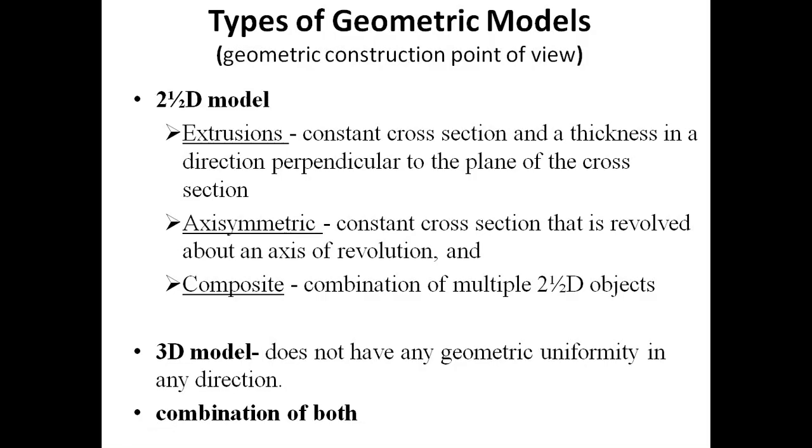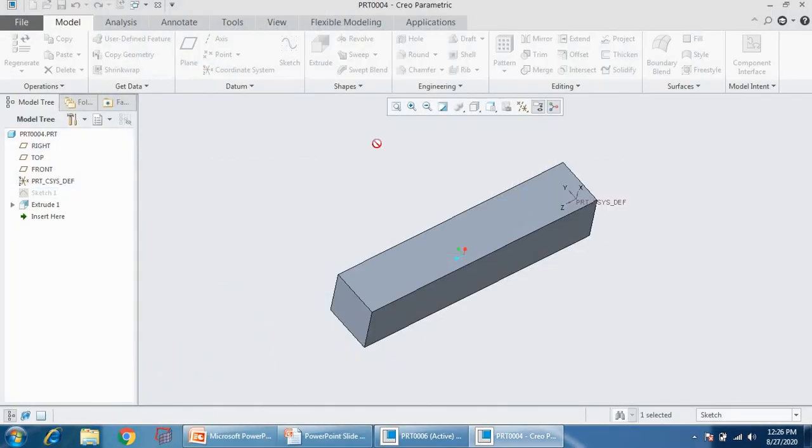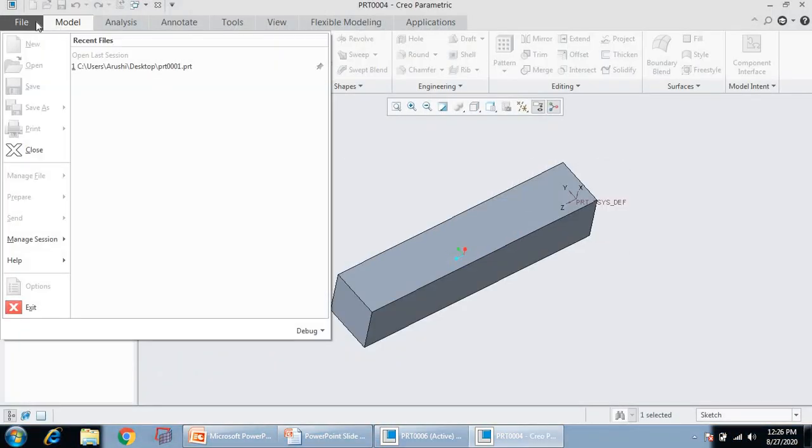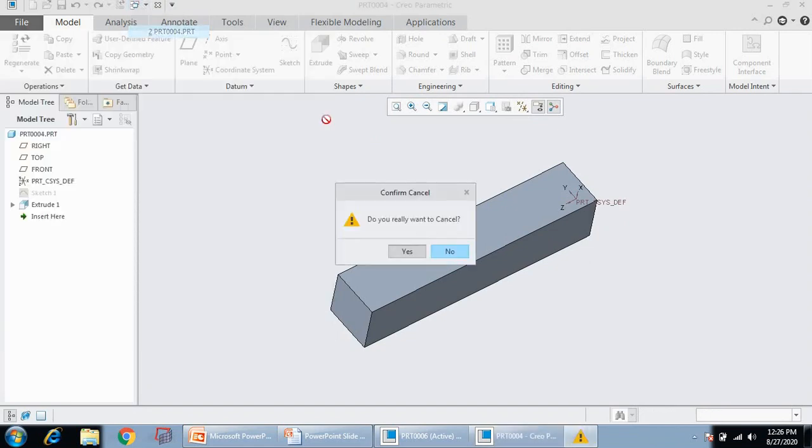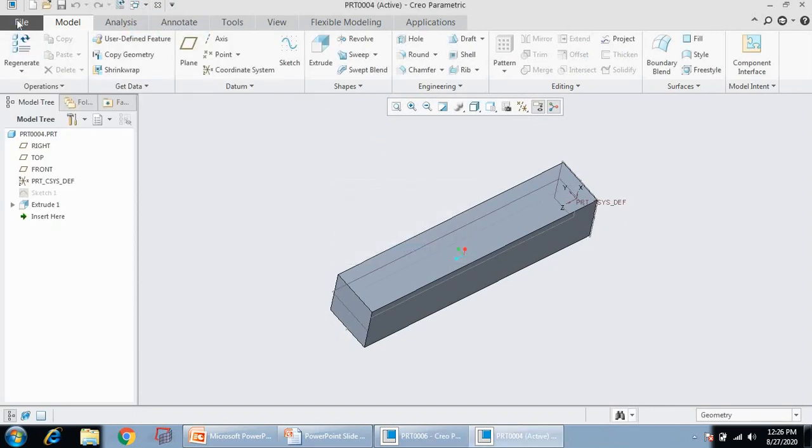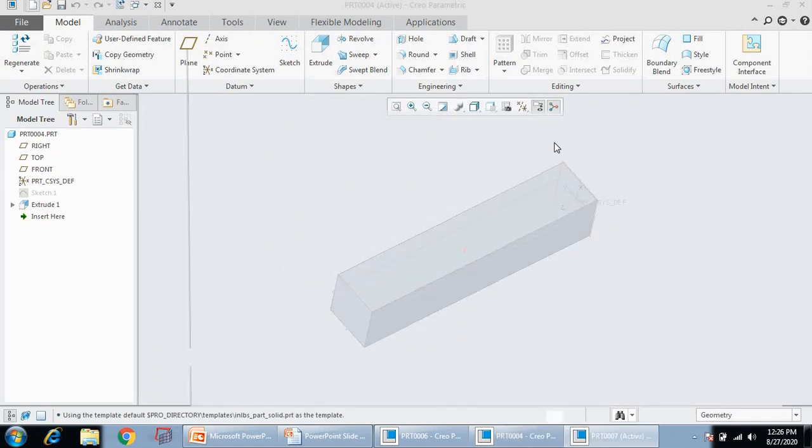Now let us discuss the second 2.5D model, that is axisymmetry. The model has a constant cross section that is revolved about an axis of revolution. So let us see an example.